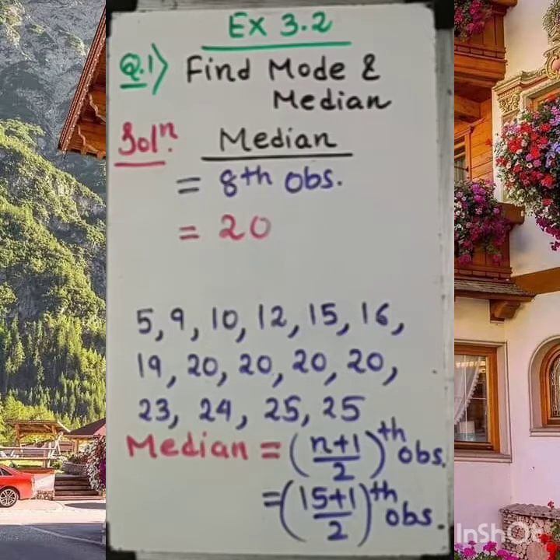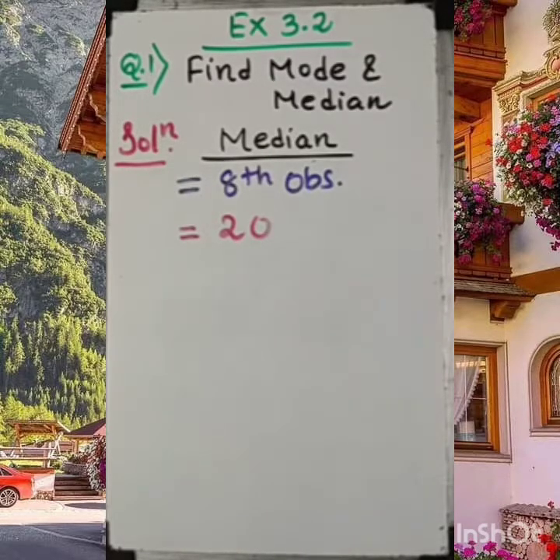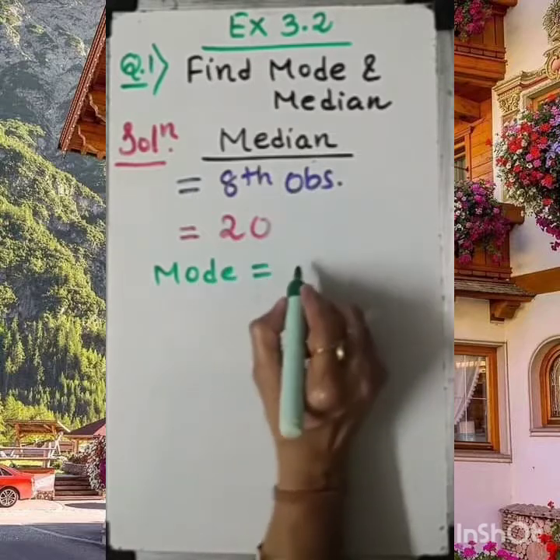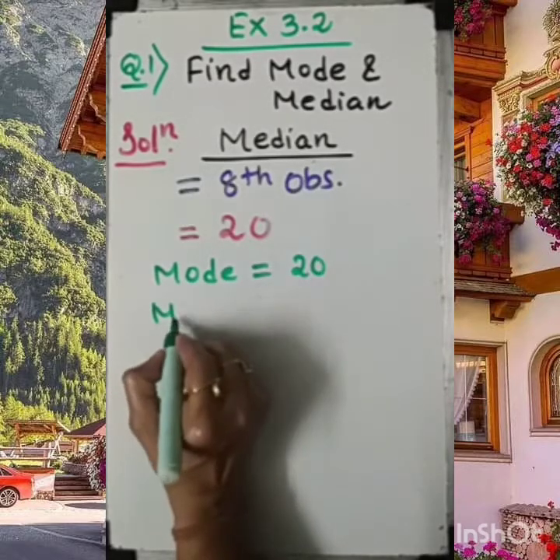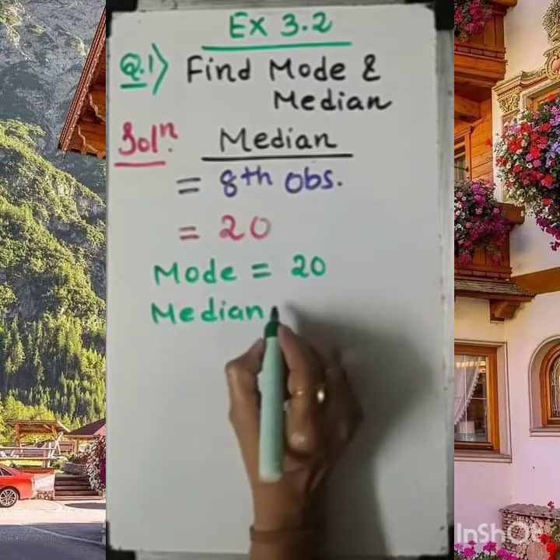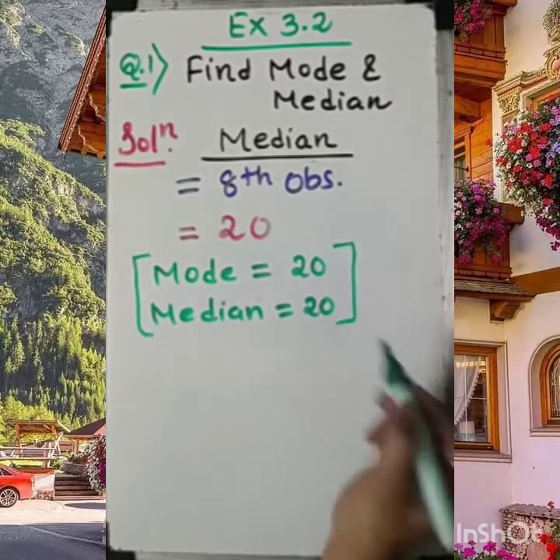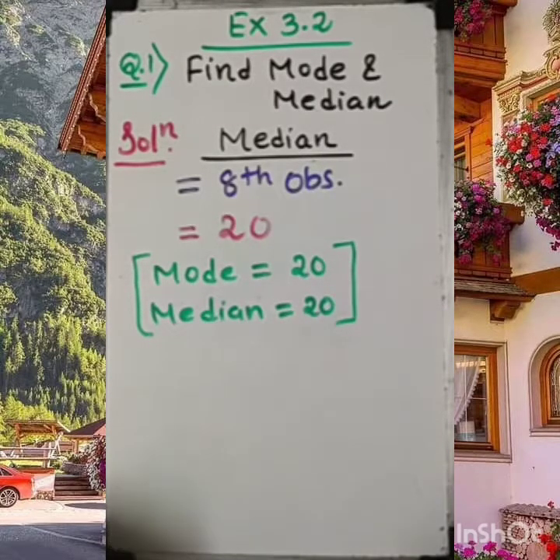But there is one additional question they have asked us. Let's reply for that also. Dear students, the additional question we are given: are they same? For that, first let's recall our answer of the mode was 20. Agree? And here the answer of median we have found was also coming 20. Both of these answers coincide, it is coming equal. It's not necessary every time both of the answers should be similar. Mode is 20, median is 20.